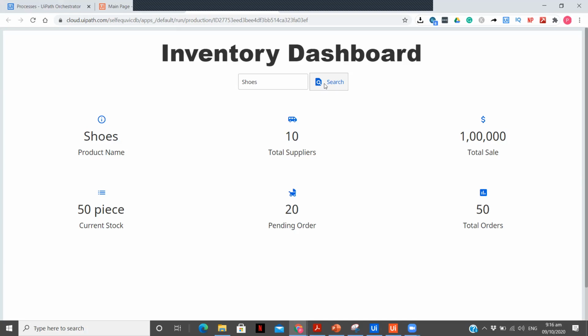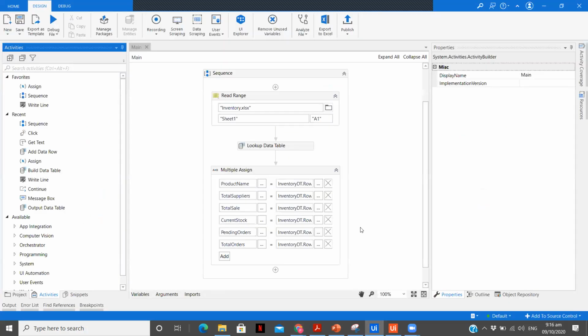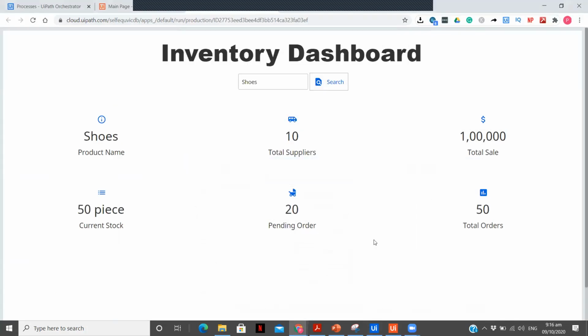Now, what are the advancements that can be made? Here we are handling only the values that have been entered. What I want you all to try is, if a person enters a wrong value, we want to set all these values as n/a and prompt a message that you have entered a wrong product name. If the user entered a wrong product, we want to show the value n/a, not available or not found, something like that, and display a message: product not found.